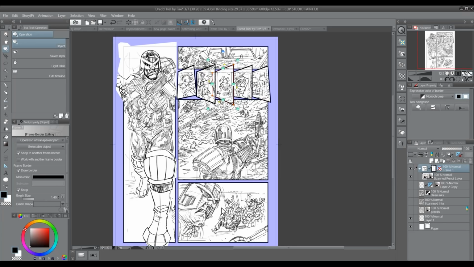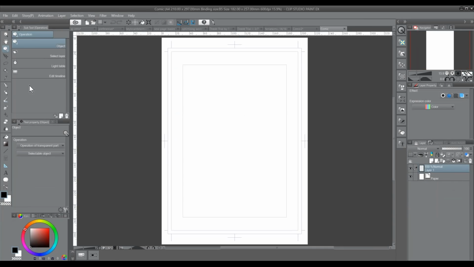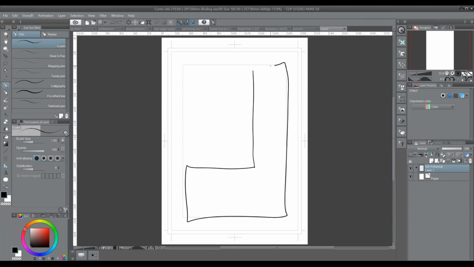One other thing you might have is occasionally a panel shape that's a little odd. Let me create a brand new document here. Say you're after an L-shaped panel like that. You might have a panel like this and an L-shaped panel there. That is very doable, and the way to do that is if we